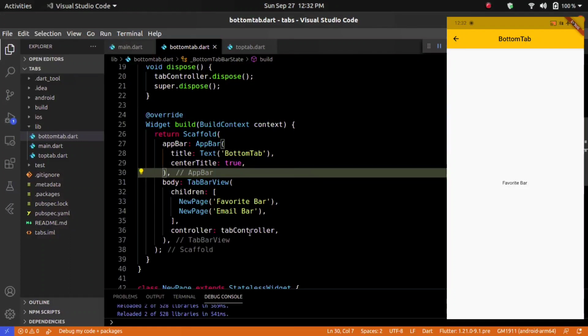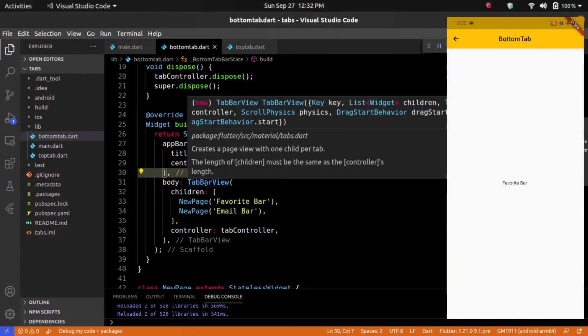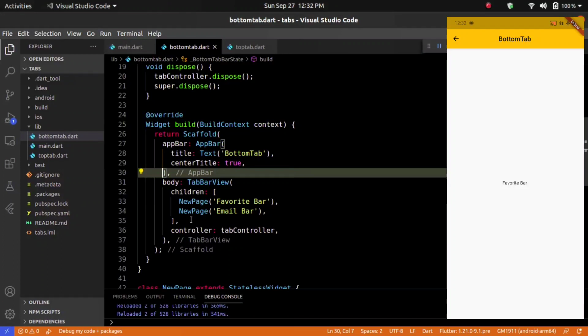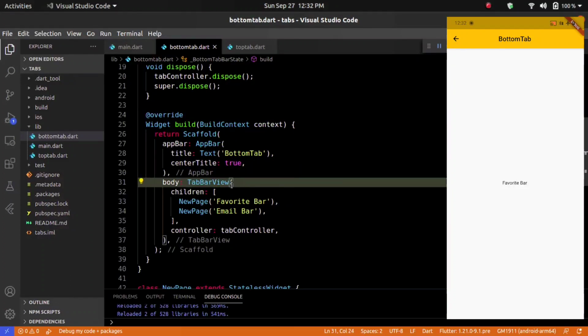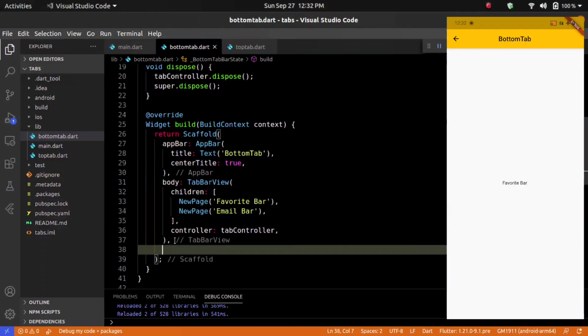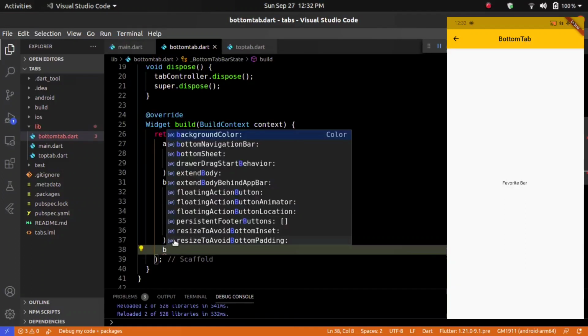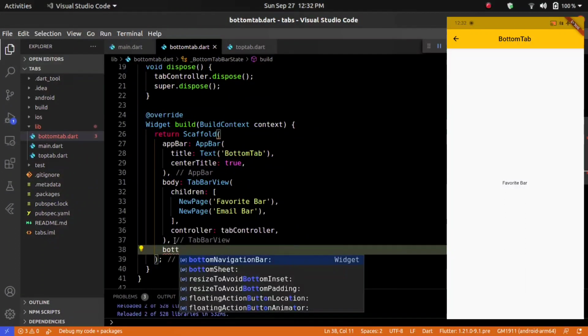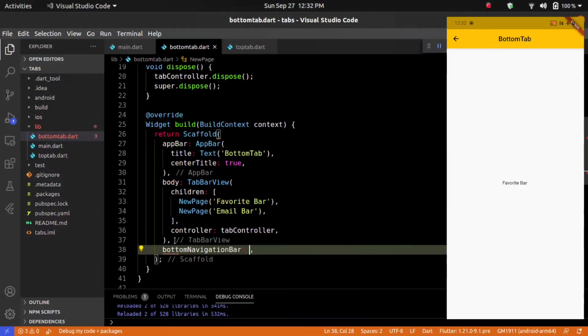Okay, now we have body. After the body, now we have to create this. So for that, simply use bottom